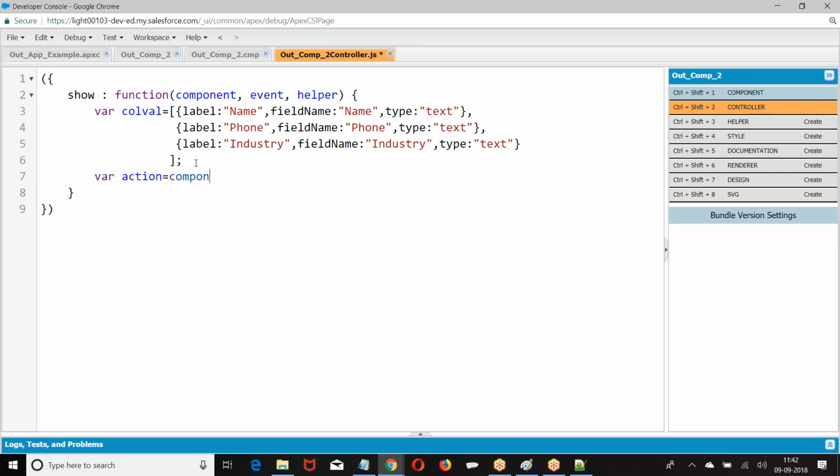Action equal to, yesterday we got a mistake here.